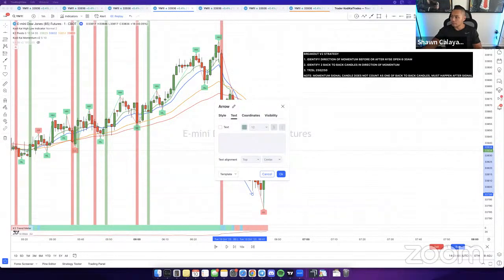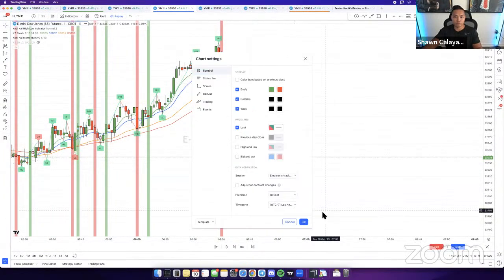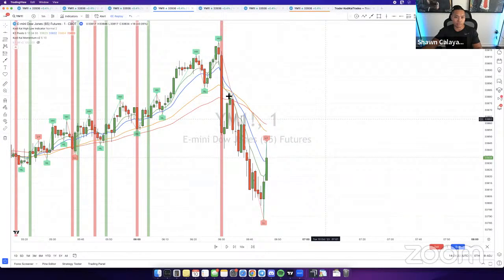Yeah, Dijon said he likes the V2 better because the back-to-back candles give more of a confirmation. Yeah, exactly, Dijon. And that's what I was doing. I was trying to make things a lot simpler for pretty much everybody here. So there goes the breakout V2. If you need to see any more examples, let me know, but it's pretty straightforward. I'm pretty sure you can follow that, right?